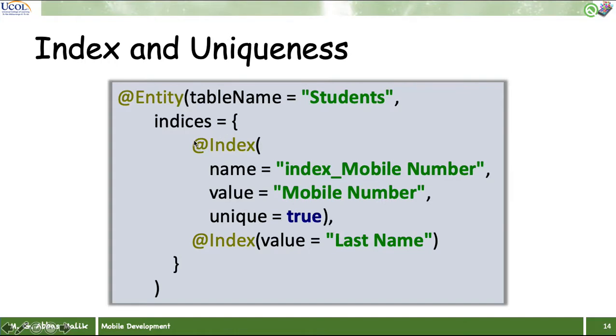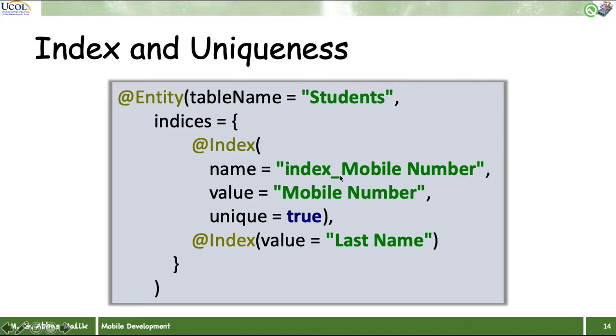So look at that, this particular part is the first index and the second index is the last name. So we are defining two indices, that's why we are putting these curly braces. Inside the curly braces, we have two @Index entries, and we are giving the name, index mobile number, providing a specific name for that specific index,